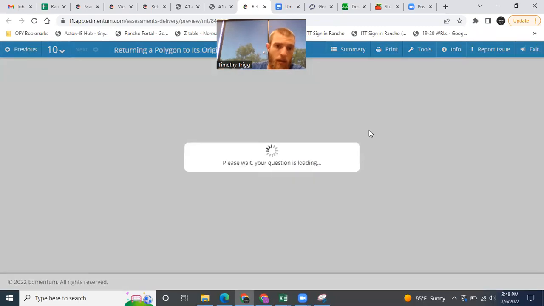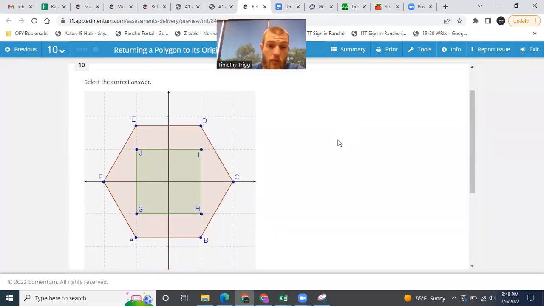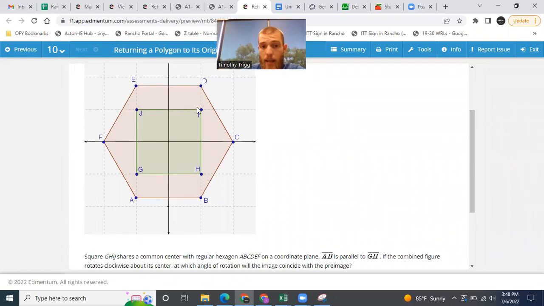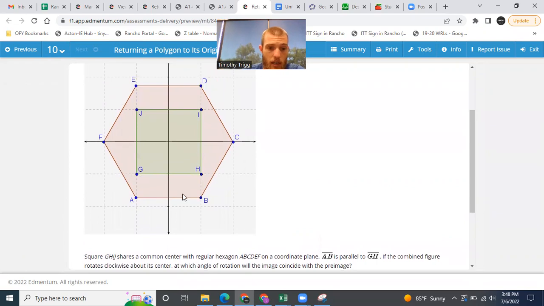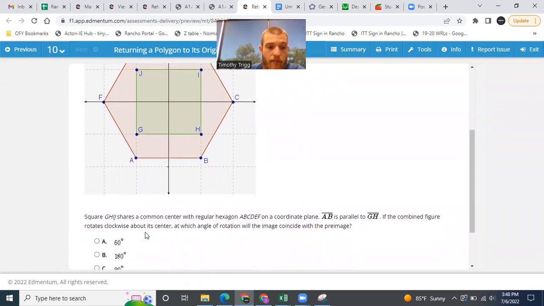Okay, last one. So let's go ahead and take a look. This one's kind of similar where we have a shape in another shape. So we have a square inside a hexagon. They share a common center, and AB is parallel to GH. The combined figure rotates clockwise about its center, at which angles of rotation will the image